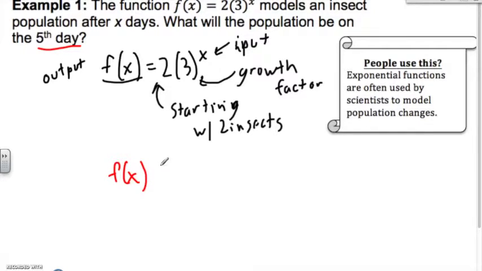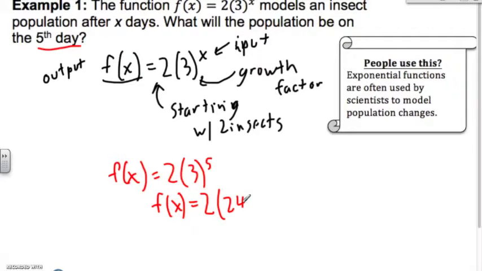So we're just going to plug in f of x is equal to 2 times 3 raised to the x power. X is our input, so we are going to replace that with 5. So now all we have to do is plug this into our calculator. We can plug this in all at once, or we can plug it in a little bit at a time. Following the order of operations, we would have to do the 3 raised to the 5th power first, which is going to give us 243. And then when we multiply that by 2,